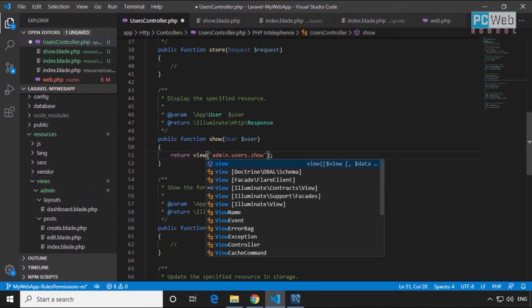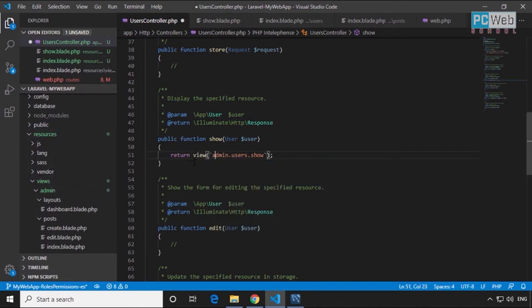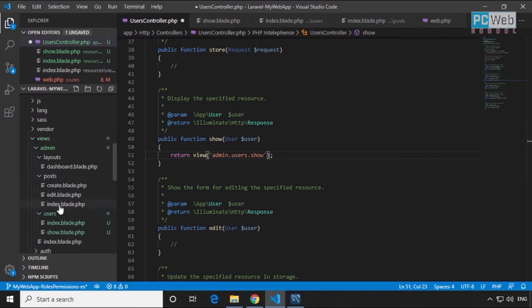So okay, first parameter is the show view, which is this one. So you see, it is this one. And now let's add this instance. This parameter is Laravel creating an instance of the user we are trying to view here. So you don't have to worry about bringing that user by the ID how you normally do it. So Laravel will bring